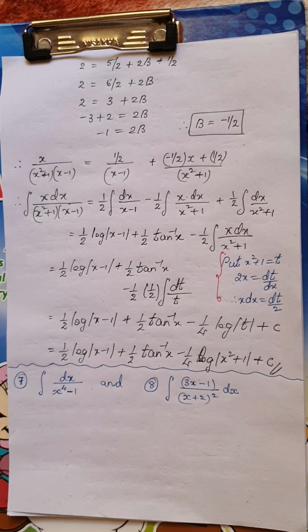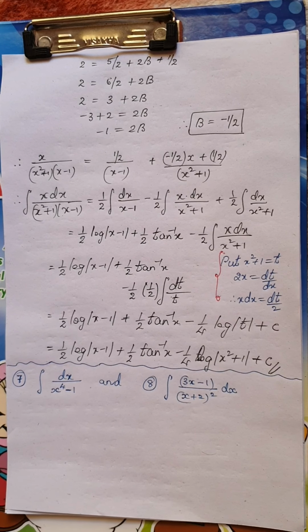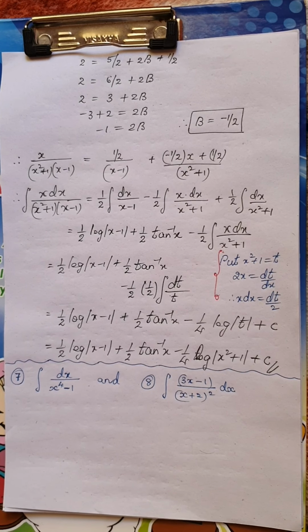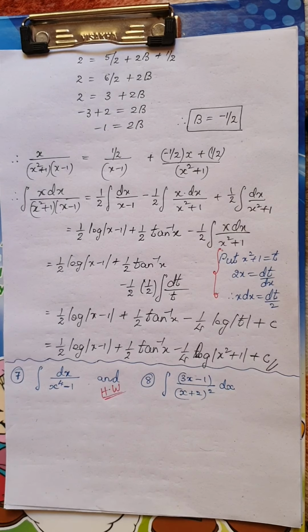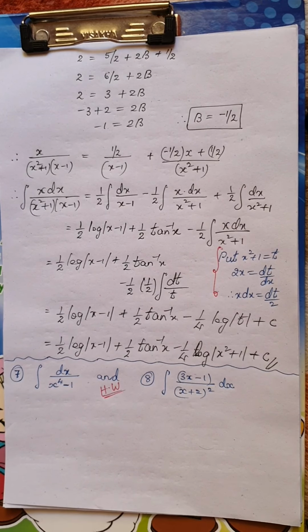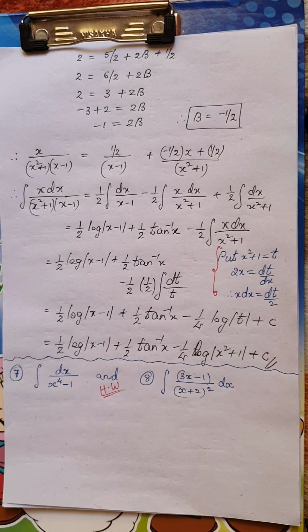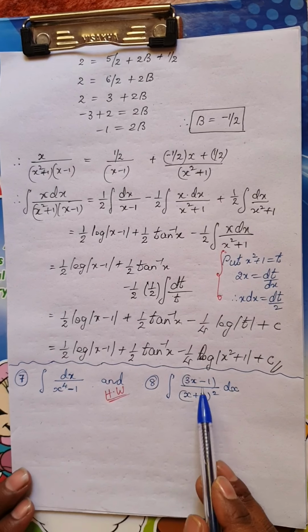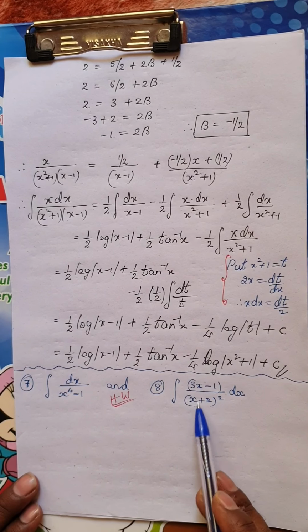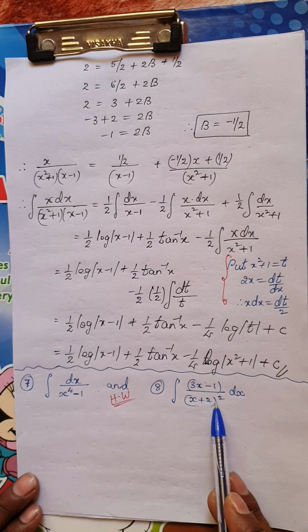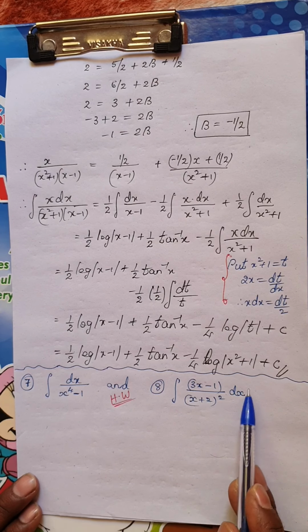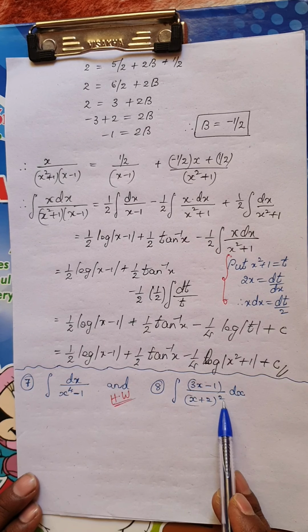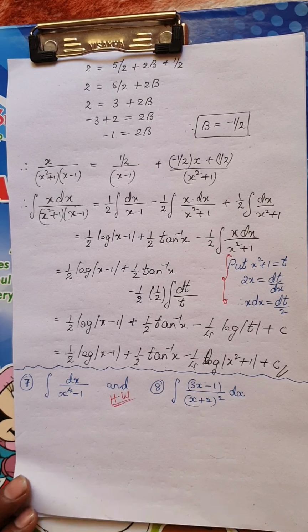Okay. Dear students, I will give you 2 questions as an assignment, homework questions. Usually I don't give it, but because this is taking more sessions, I think these 2 questions you have to solve by yourself. Okay. Now this is a very simple step. Because it is a linear factor, you can write this as a divided by x plus 2 plus b divided by x plus 2 whole square. Find the value of a and b and then integrate.